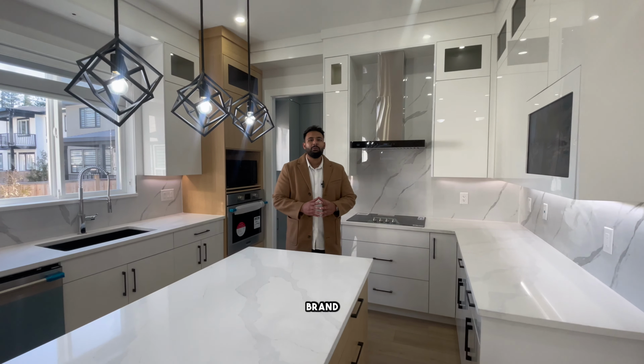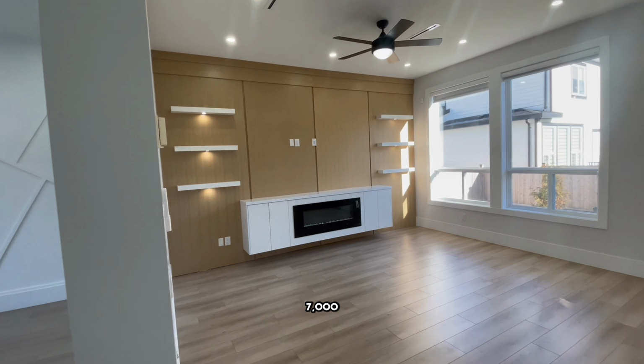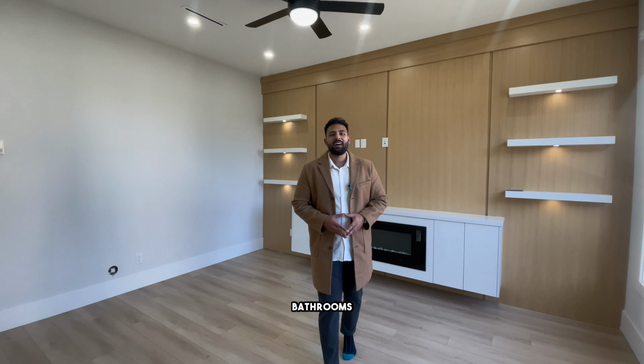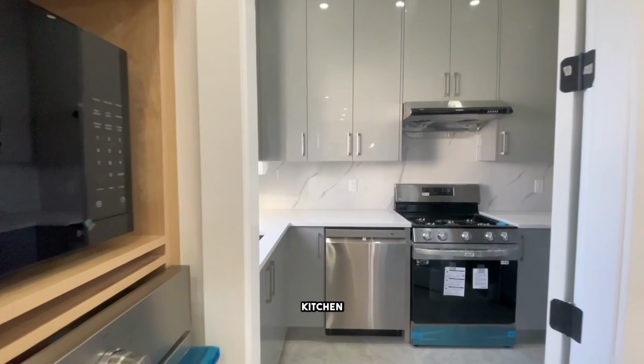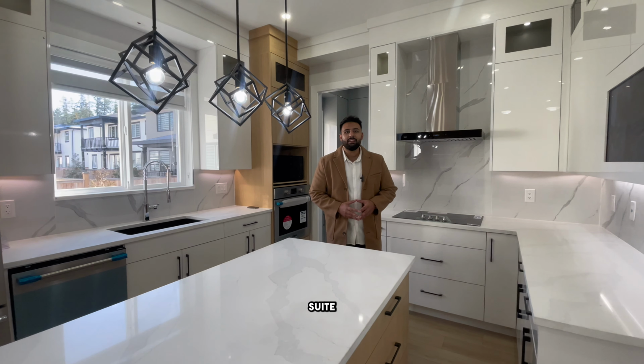Welcome to this brand new luxury home in Brookswood Langley, which is situated on a 7,000 square foot lot. Featuring 7 bedrooms and 6 full bathrooms, this home is thoughtfully designed with 2 master suites, plus you've got a bedroom and a full bathroom on the main floor. So we've got an open concept kitchen, a main floor spice kitchen, a 1 bedroom legal suite, a